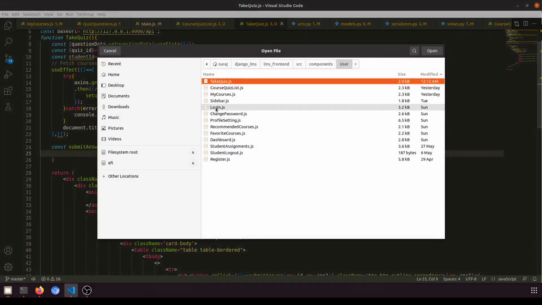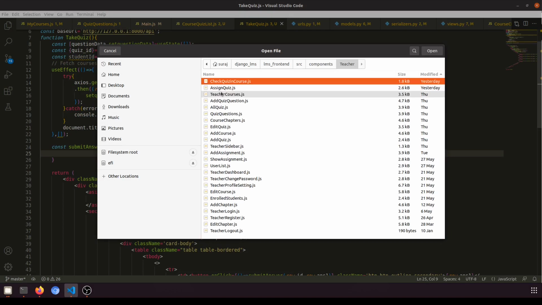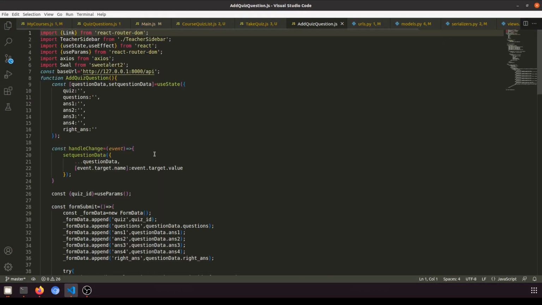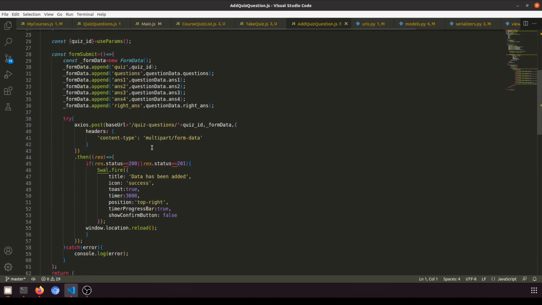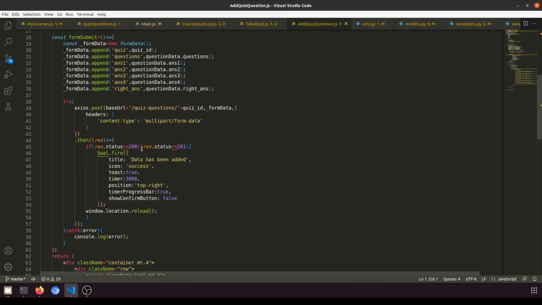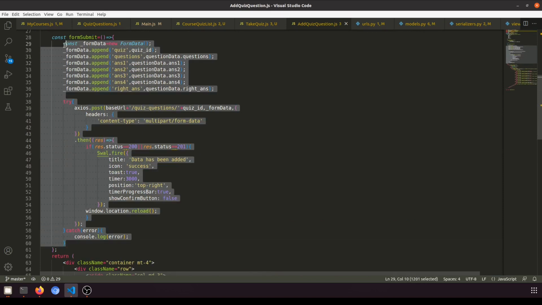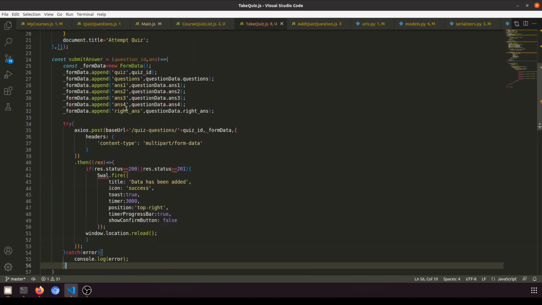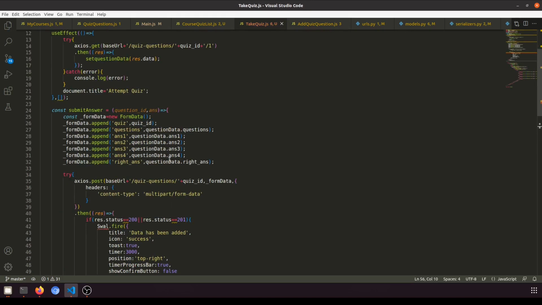And then we will call this URL from the take quiz. So we'll copy any of that. Let's say we are from the teacher, we will say add quiz question. Let's check this. So we have this form submit. Okay, this can work. Let's copy this, take quiz, submit answer. We have this data. So we need student ID first as a student. So this will be student ID,